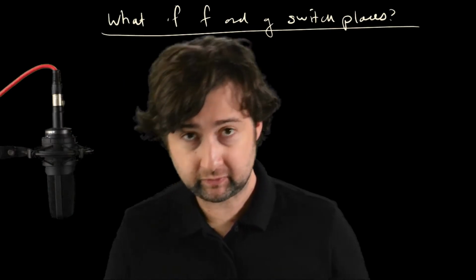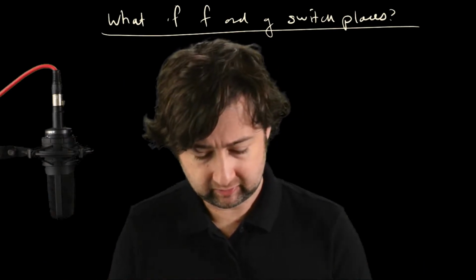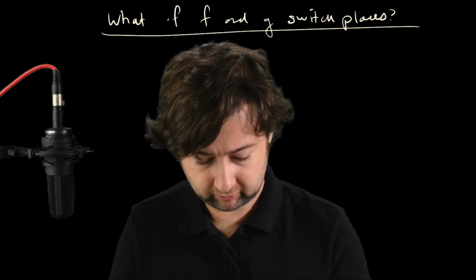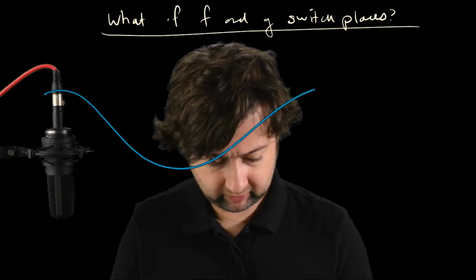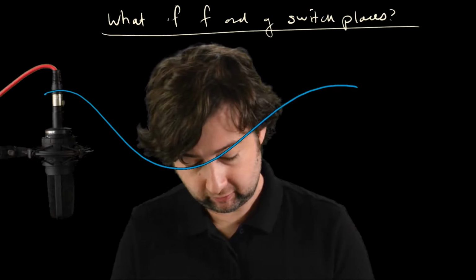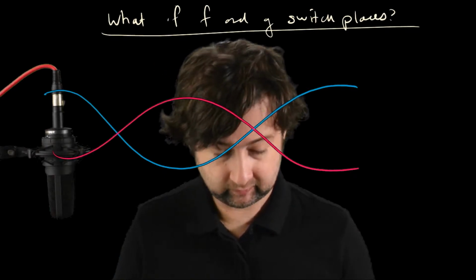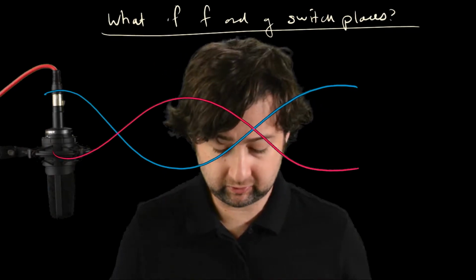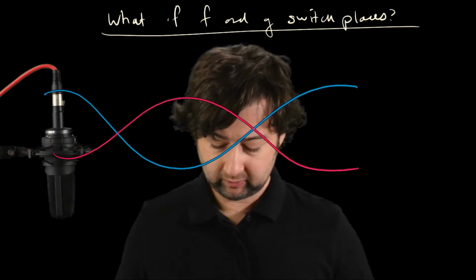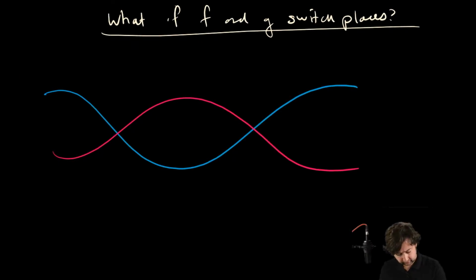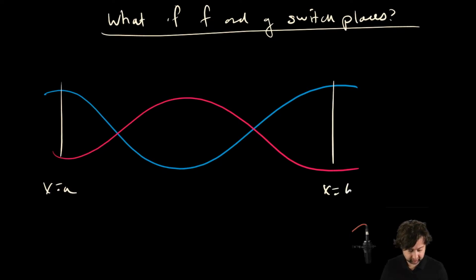So if you had curves that were sort of, say, periodic, this is an easy picture to draw. Suppose you had one curve that behaved like this, and another curve opposite that looked like this. And you wanted to figure out the area between these two curves. Well, let's suppose that you had x equals a and x equals b. And the question is, what is the area contained in the region between them? Well, the region between them now, which looks like this,